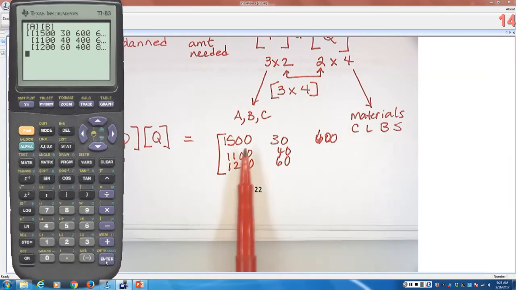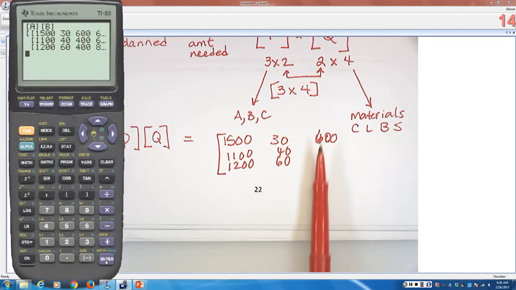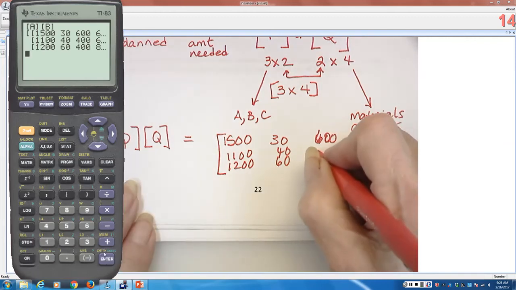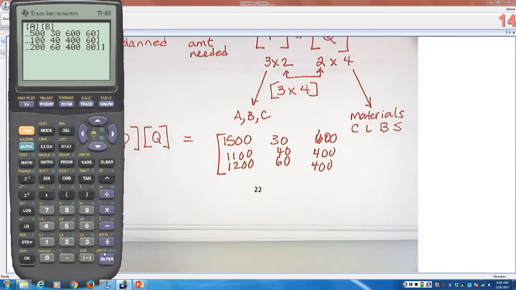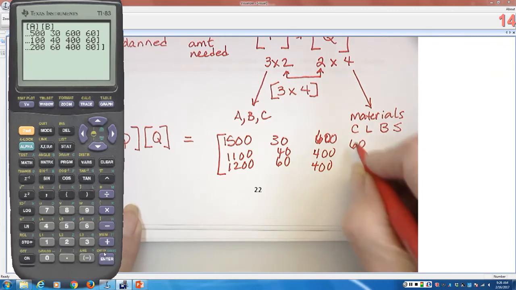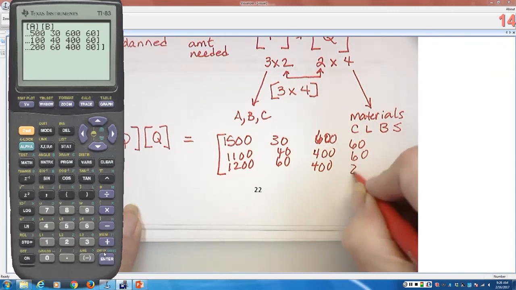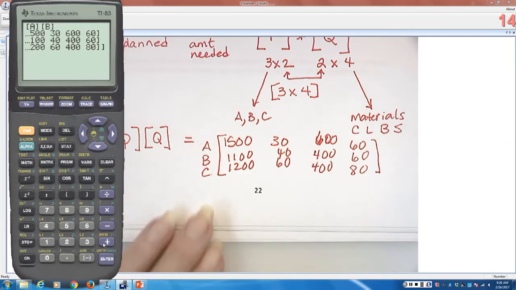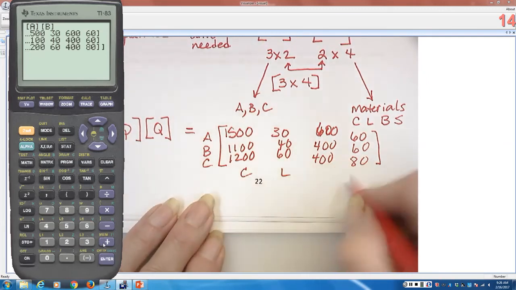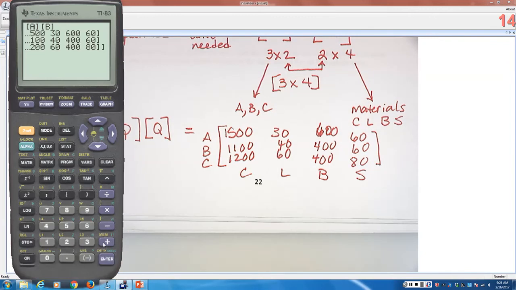Okay, so 30, 40, 60. Yeah, the first 3 should have been right. It should only be the last one. And this is the ABC. And then this is your different materials. Now this is your amount matrix. That's the total amount of the materials that he needs, okay? That doesn't answer the question that we were asked. But we have to have that matrix to answer that question. So now that we have the total amount,